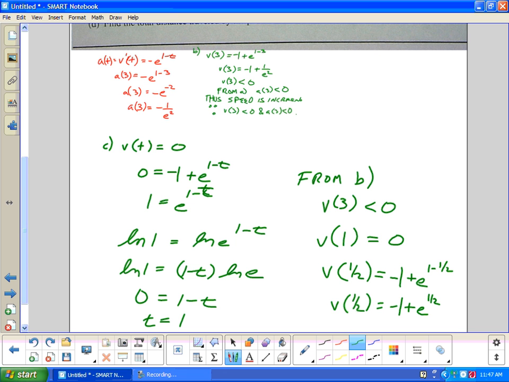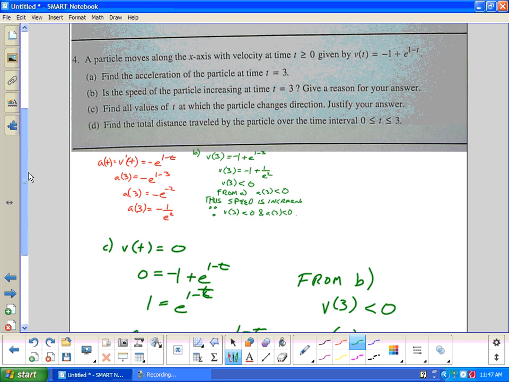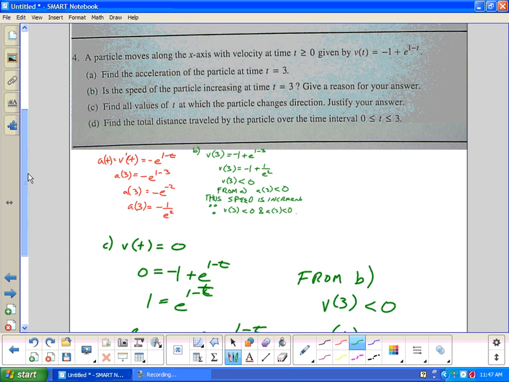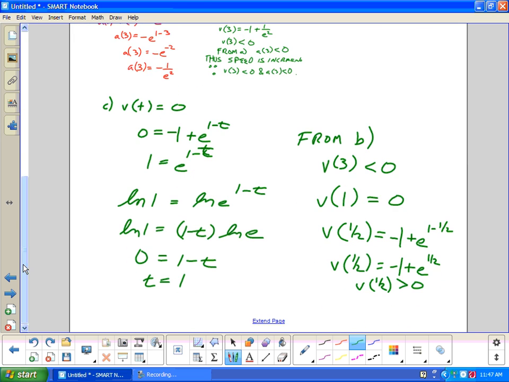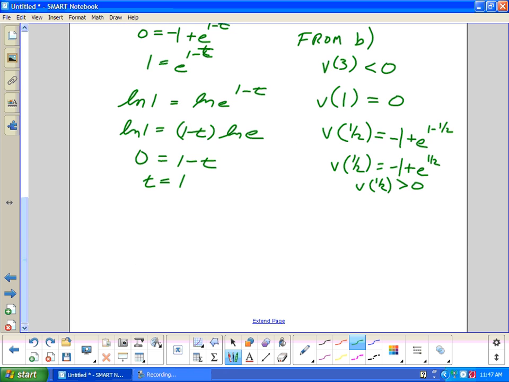Do we agree that the square root of e is greater than 1? If the square root of e is greater than 1, we know v of a half is greater than 0. So, on letter C, find all values of t at which the particle changes direction. Justify your answer. I'm going to have to consider v of 0 next, but I'm going to say it changes direction at 1. I can justify that the particle changes direction